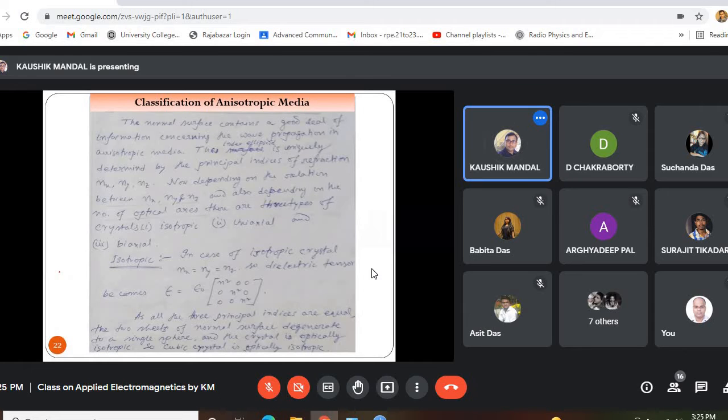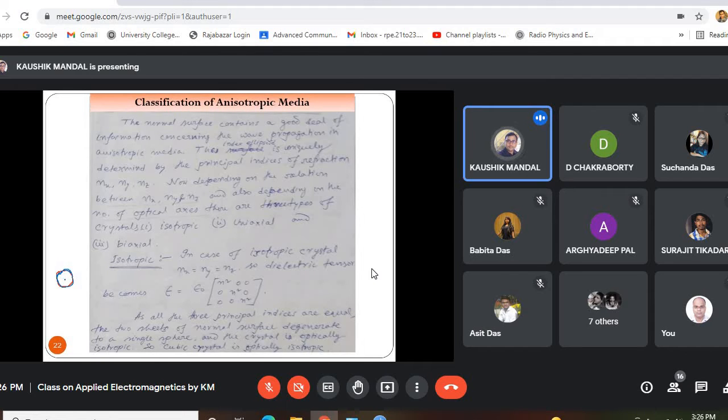First of all, in case of the normal surface for an isotropic crystal, the two shells are spheres, and they are degenerated. This is the first sphere. Then I am considering another color to draw the second sphere. As you have already told, it will coincide. Coincide means the two shells are degenerated to a single sphere.